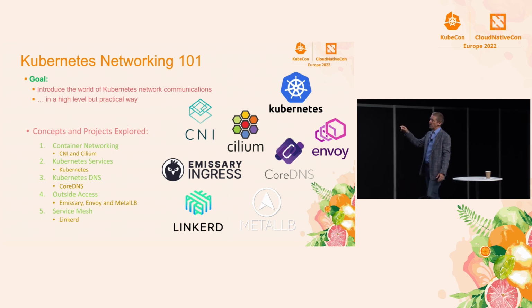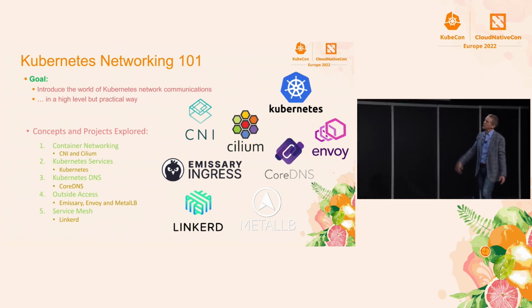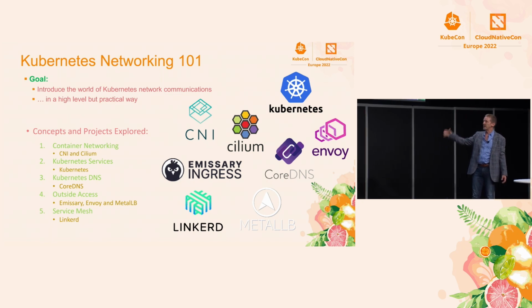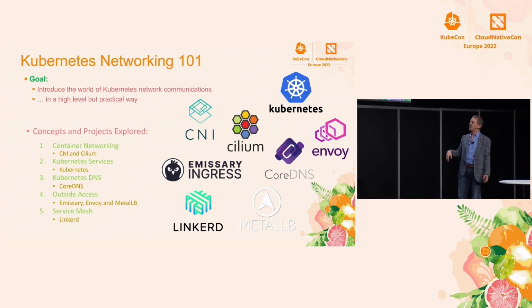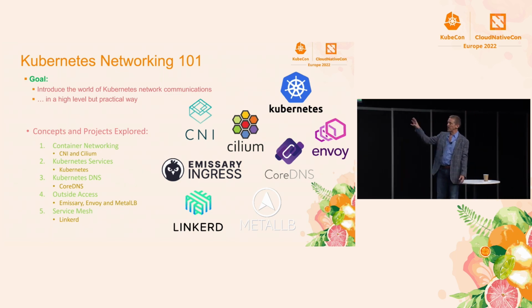And so we're going to look at that, and we're going to talk about some of the cool projects that fit in there. In addition to CoreDNS on the DNS side, we're going to look at Emissary for ingress and gateway kinds of functions. Envoy is a proxy that Emissary uses under the covers. And then we're going to talk about MetalLB. Sometimes when we do this talk, we run MetalLB, but with this many people, it would be crazy. So we're not going to do that, but we'll talk about it a little bit.